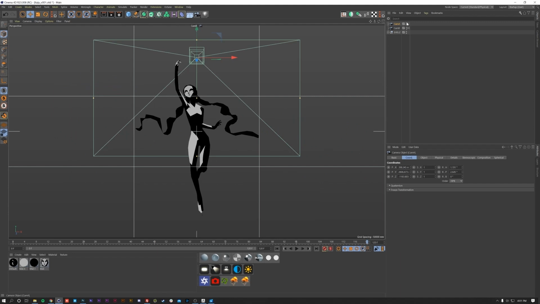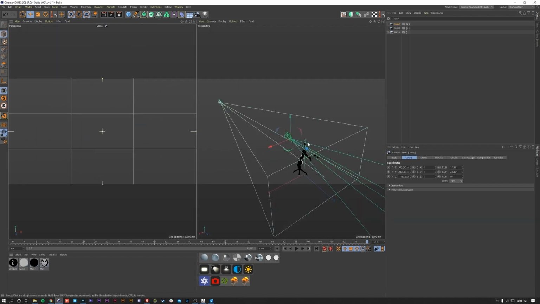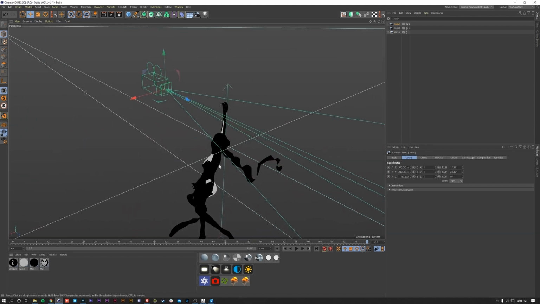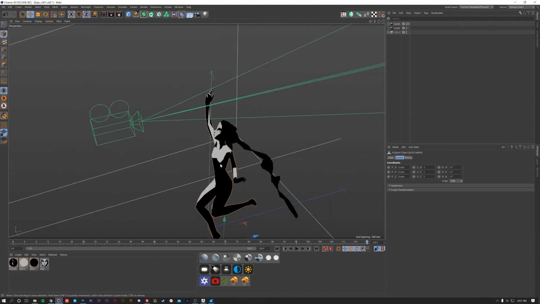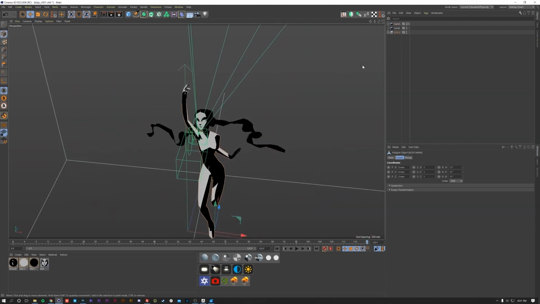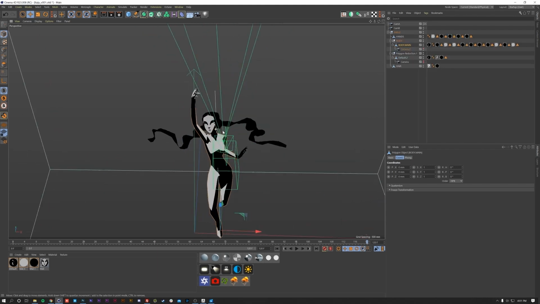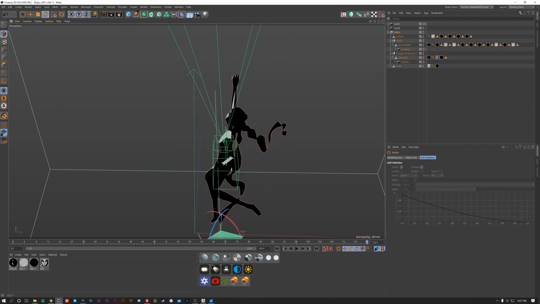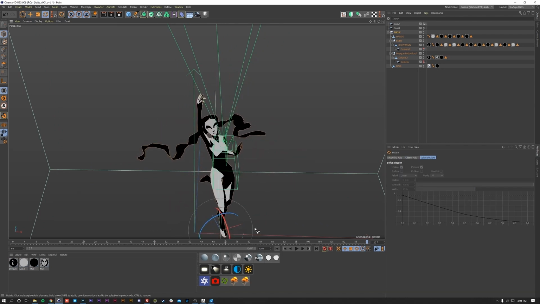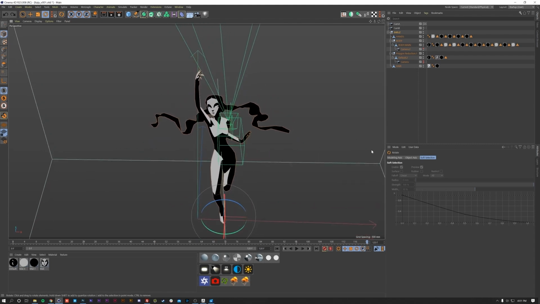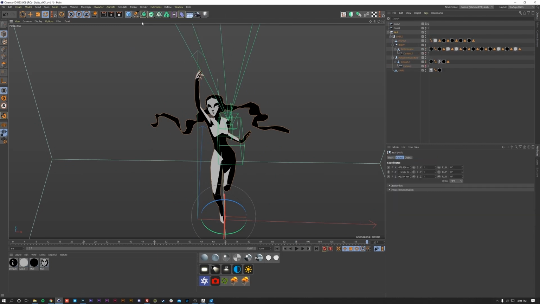So it's going to be something kind of like this, but she's on an axis right in the middle like that, but her hand is not. So when we spin her, her hand is going to be in a different place than the rest of her body. So what we want to do is actually create a new null and put her in it to do this rotation. We'll call this shells